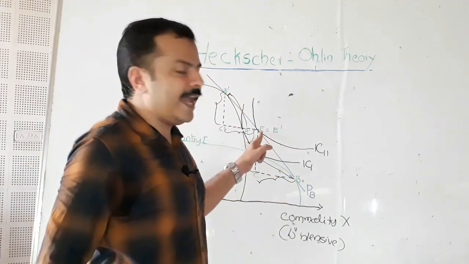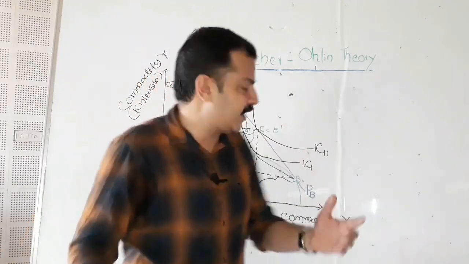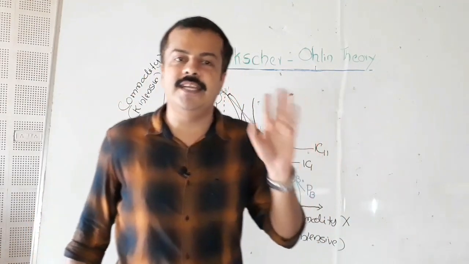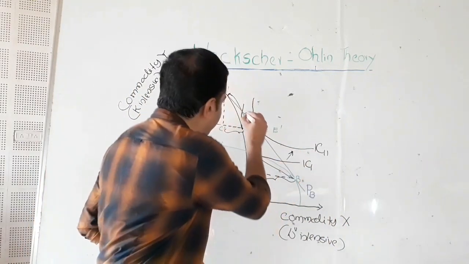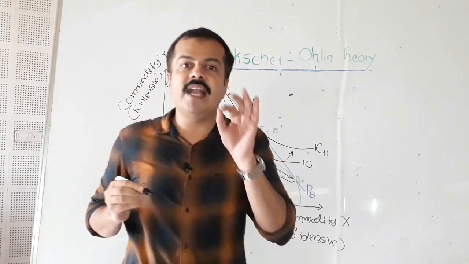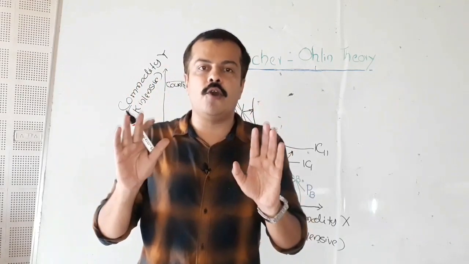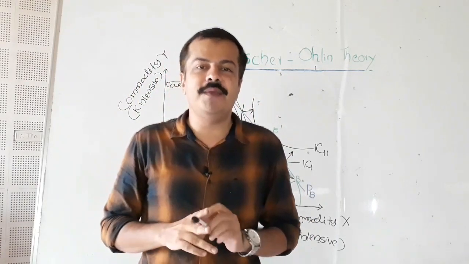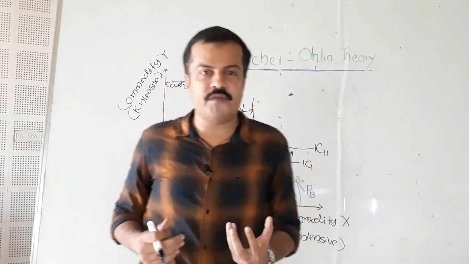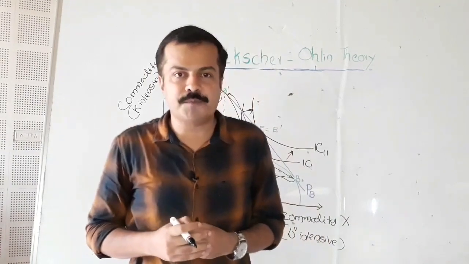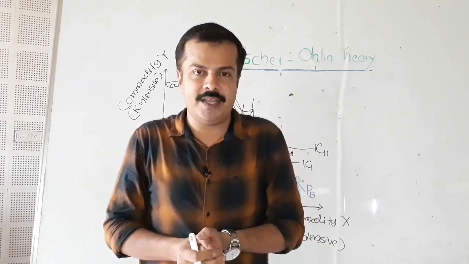Both countries will end up at a new consumption point, E and E dash, which is on a higher indifference curve, IC2. This means that the welfare of representative citizens of both countries might have gone up when there is specialization on the basis of the Heckscher-Ohlin prediction. So we have seen the basic premise of the model, which says that countries tend to specialize in the production and export of those commodities which are intensive in that factor.